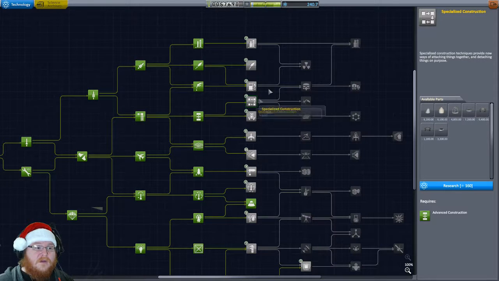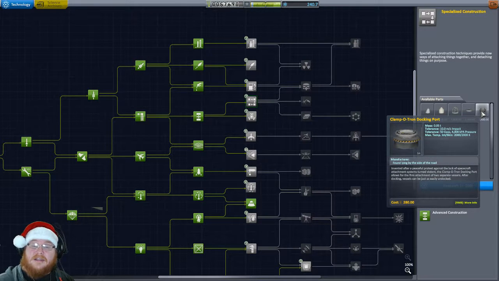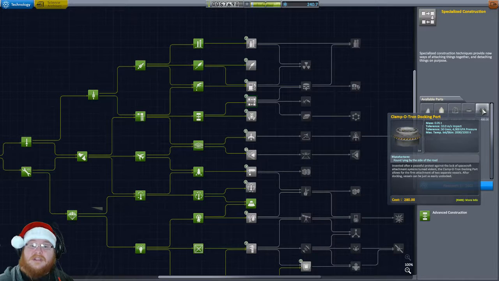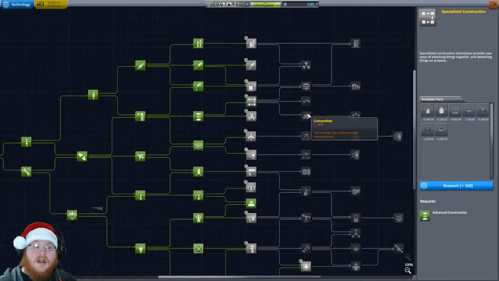There's one node, now that we've got the science from doing all the soil samples from KSP, we have 240 science to spend, and I'm thinking about grabbing the fairings one, because it comes with the Clampotron. And when we send up satellites, the more progression we make through the R&D building, the more nodes that we unlock, the better the things, and the